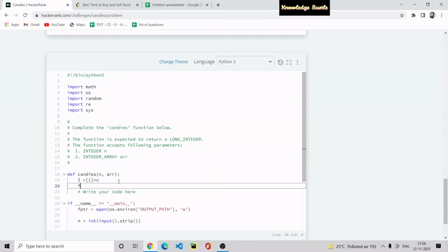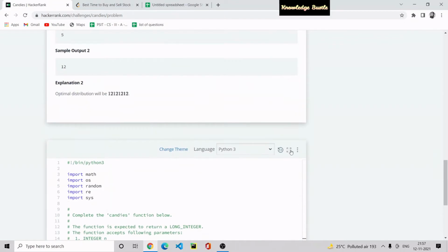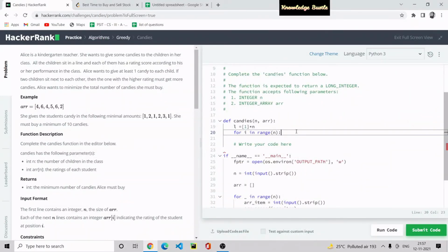Then we iterate over a loop, for i in range n. Here i points to the first element. What is the first element? Here the first element is 4.